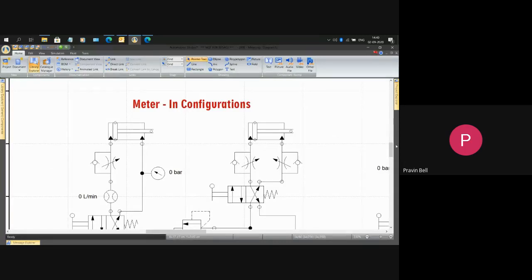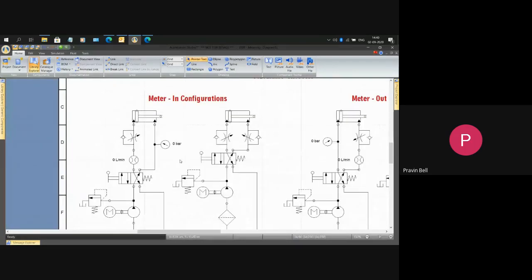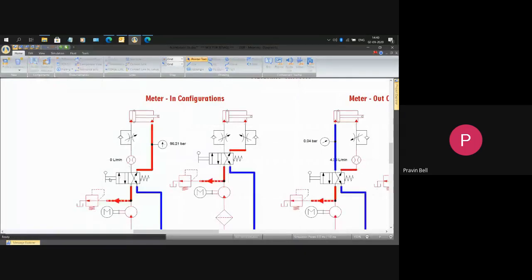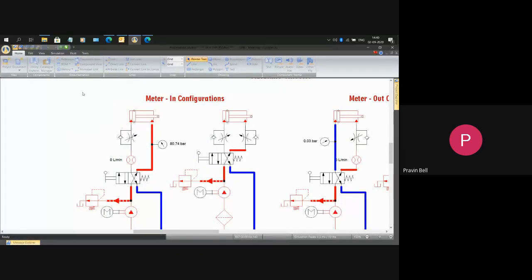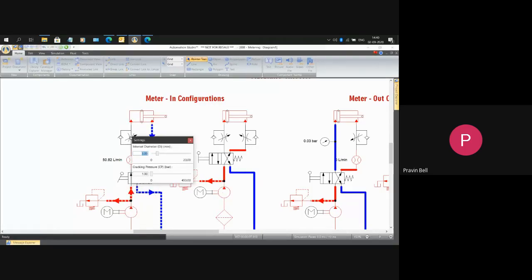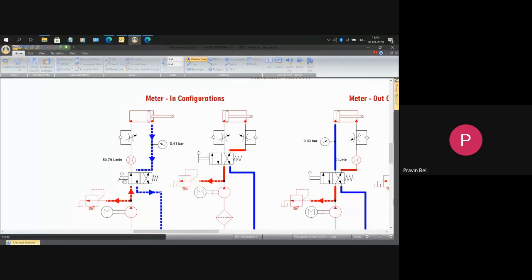So I'll operate the first circuit here. This is the orifice which I can control here, the orifice of this valve. In the forward direction, it is controlled by this orifice valve, so flow is less. In the reverse direction, this non-return valve will open and I get full speed in the reverse direction. So I'm controlling the fluid going into the particular cylinder here.